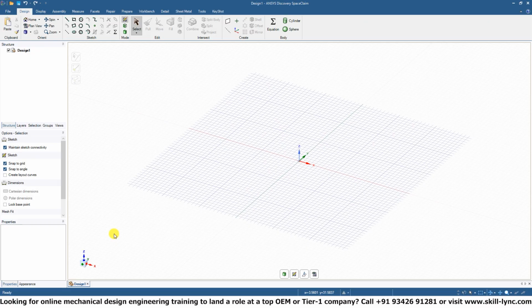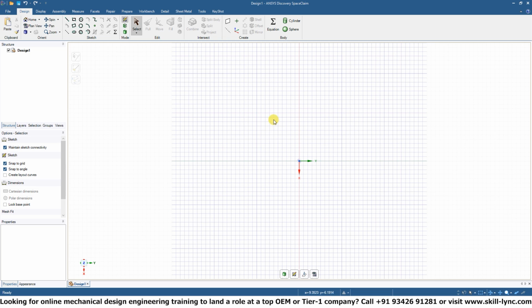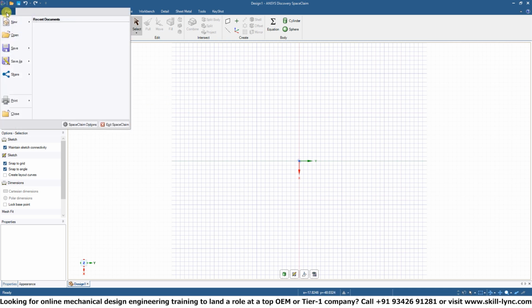If we go into our SpaceClaim environment, just align ourselves with the Z plane, I'd like to show you an interesting exercise where you can turn a 2D image that you might have downloaded from online into a 3D image, how you can import it into Ansys SpaceClaim. We can go into File